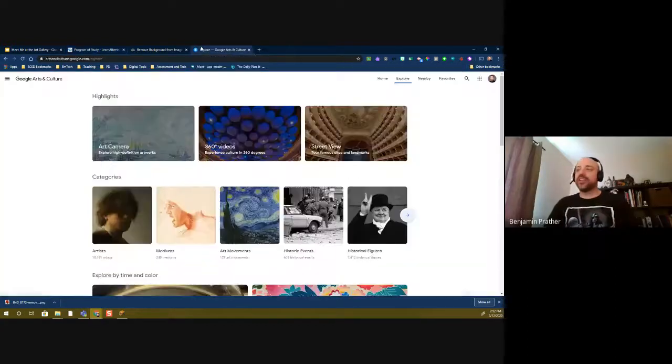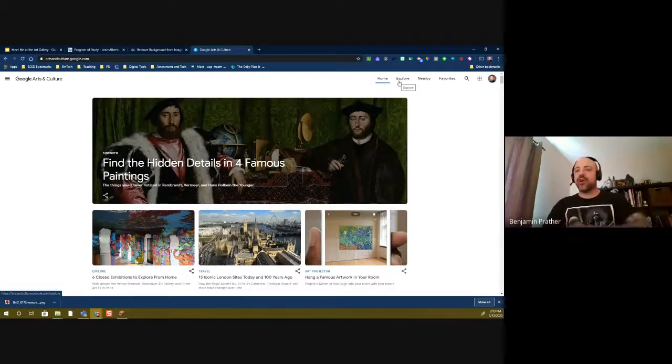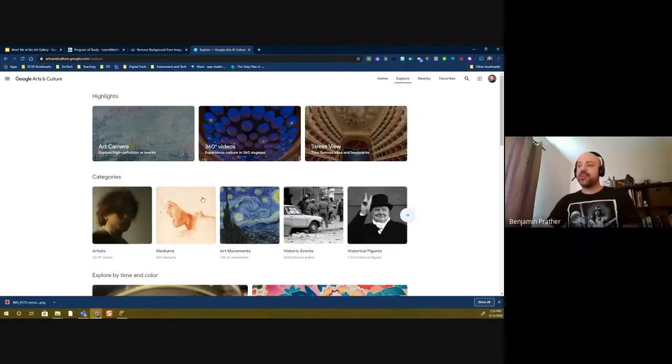I'm going to jump right in and quickly highlight what Trish was talking about. I'm in the Explore tab, so I might have jumped ahead a little bit there. The Explore tab is where it's that open exploration of all the categories they have. Here, for example, I can look at different mediums of art. I can look at historic events and art that's come from those times.